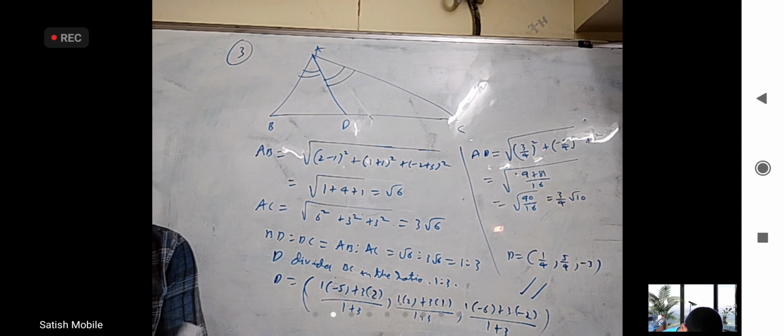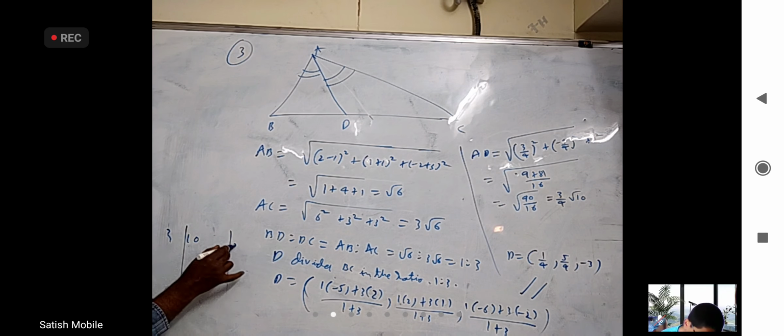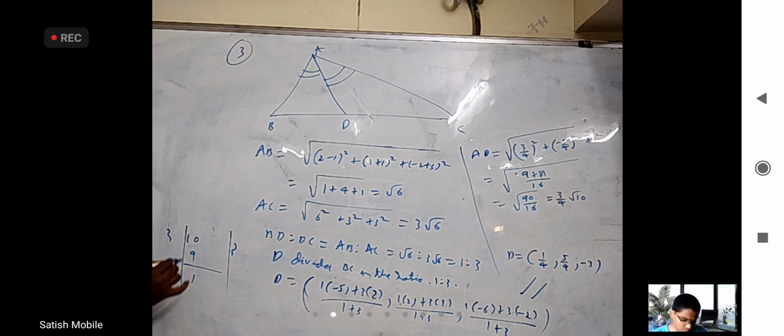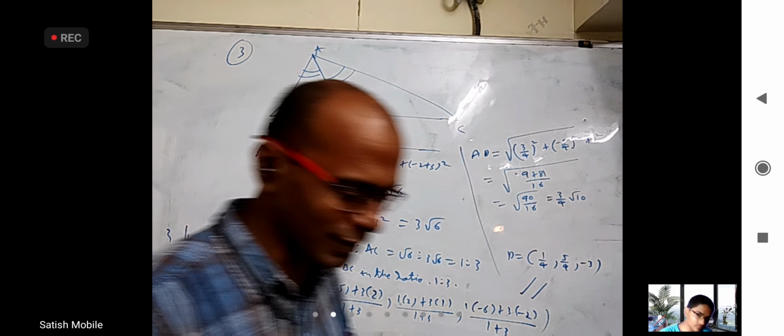How to find the square root of a number? I'm sure in school you had done something like this. Okay, you will put a 3 here, 9 and 1. Put 2 more zeros here, and put a double of that here. Put some number here. Anybody remembers that process? You should remember better than me because I don't use it at all. You might have used it recently. Alright.